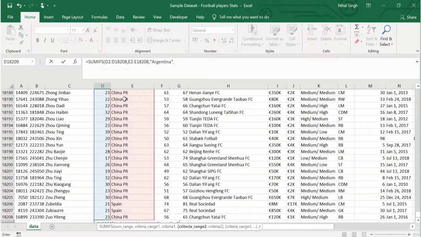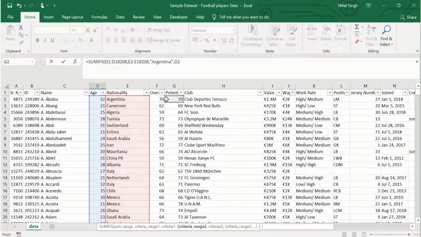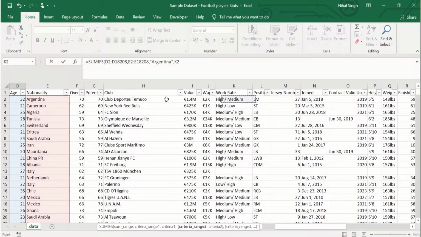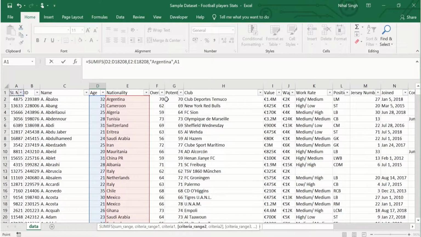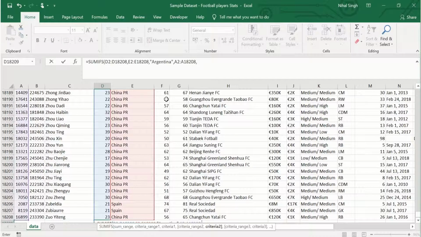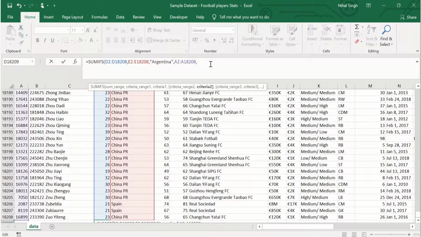Then we can select the criteria range 2. Let's say we keep the second criteria as serial number. We will put this serial number above a certain number. So we go and select the criteria range 2, which is serial number in our case, and we put the condition, let's say greater than 5000,